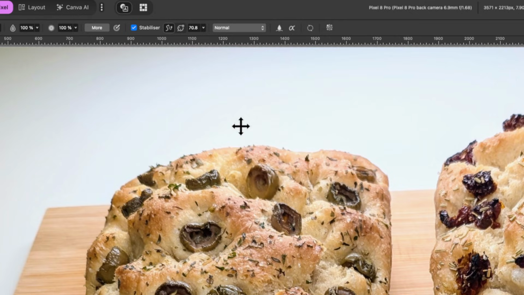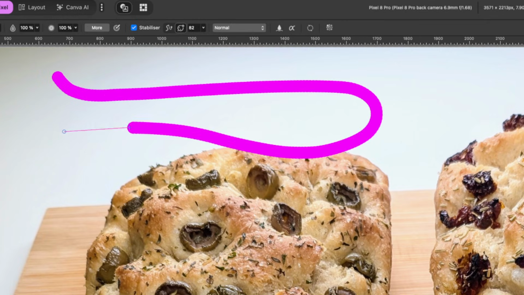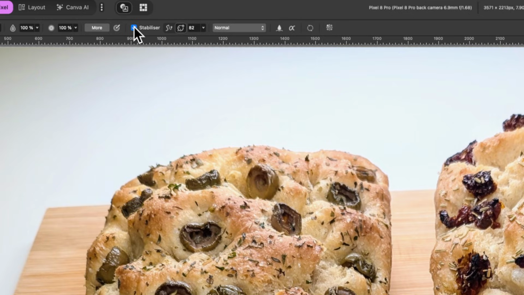I'll press Command Z and we'll try this window mode here. This is more like a rubber band than a solid rope. So I'll click on that and I'll whack this up a little bit more as well. And I'll click and drag. And you see right now it's a small, short rope. And if I drag really fast, you see it's like a rubber band and it catches up with me. This could be very good for smooth, curved edges there. And this is basically your stabilizer. I'll press Command Z to get rid of that and uncheck stabilizer.